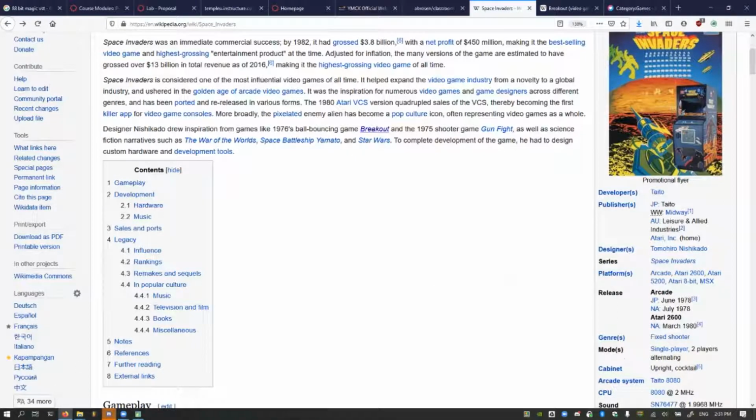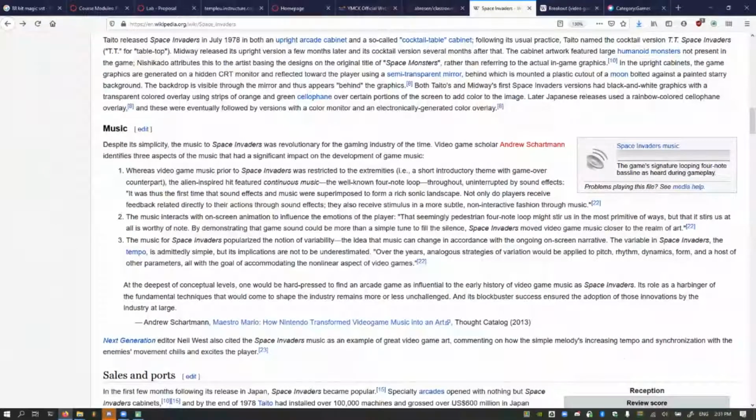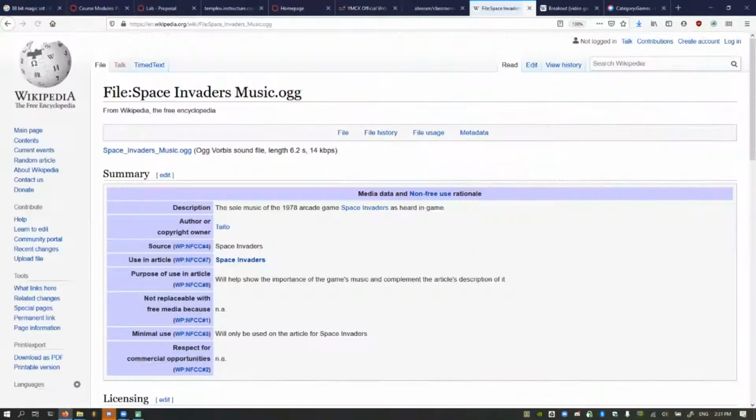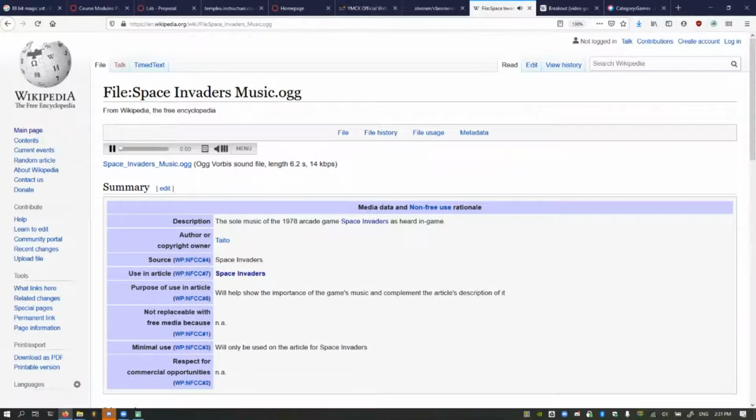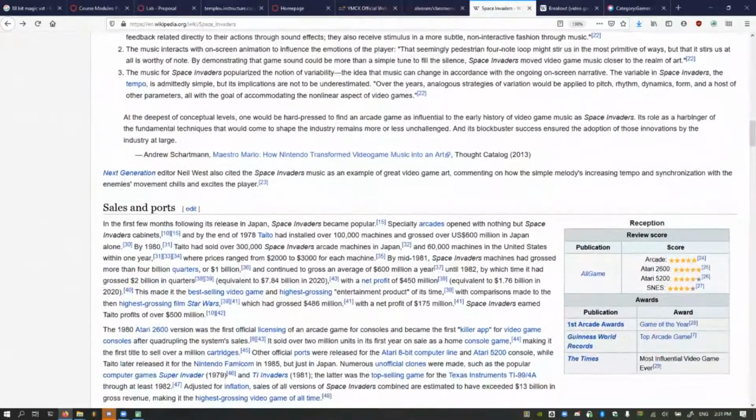It was the highest grossing video game of all time, adjusted for inflation. Its music was very, very simple. It is a 4-note bass line that just gets faster and faster.